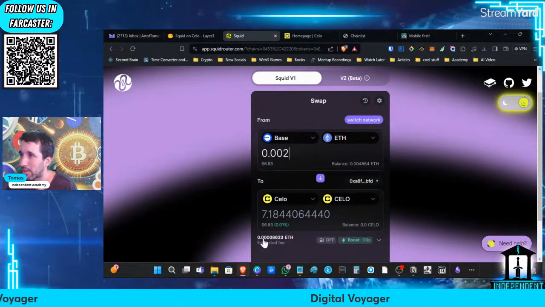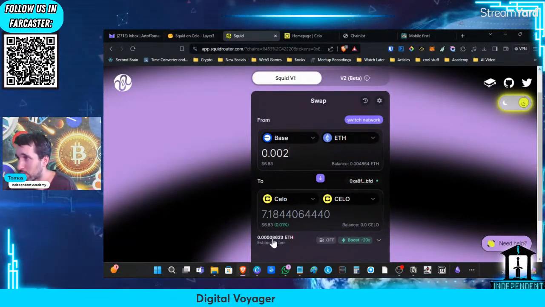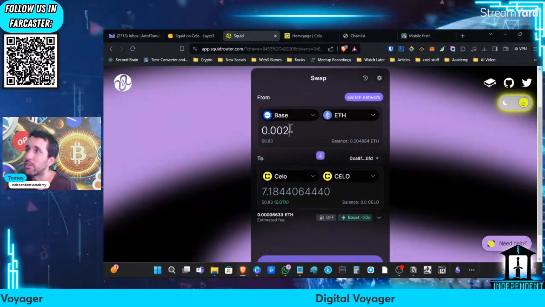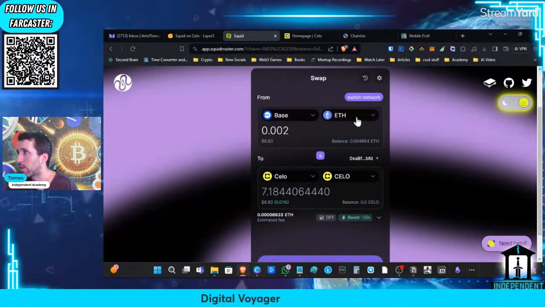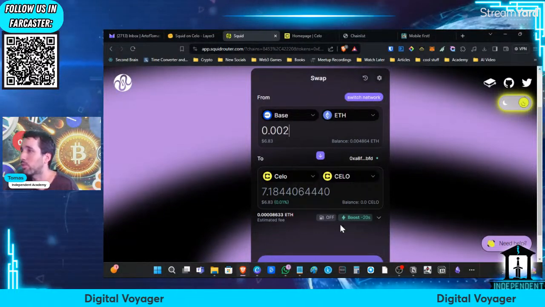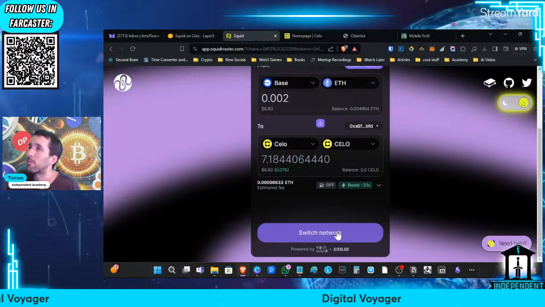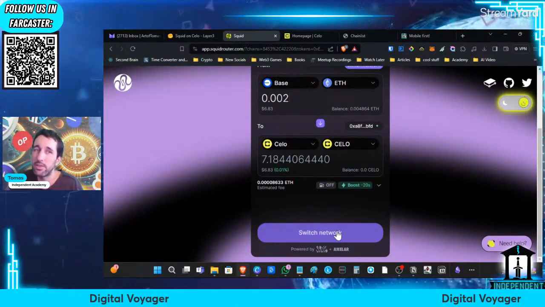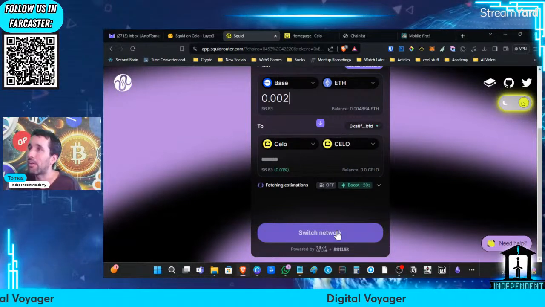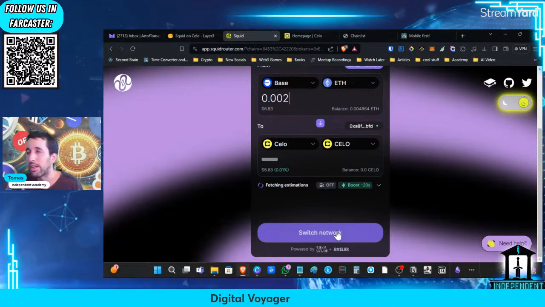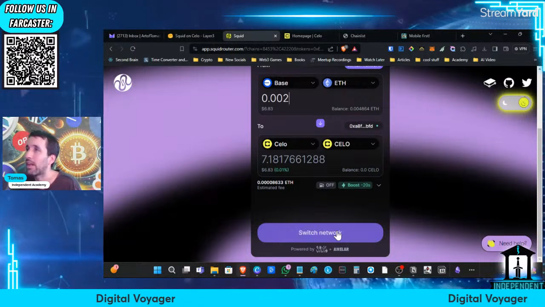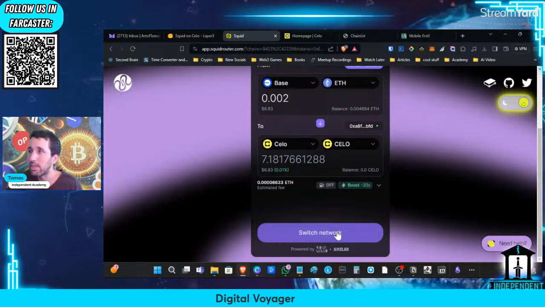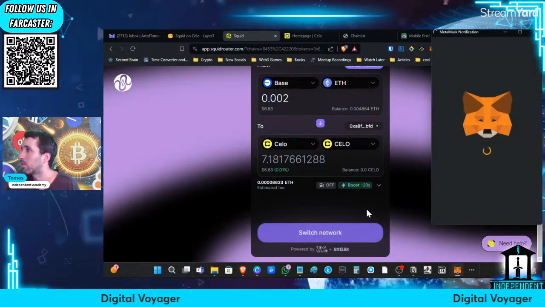And on fees, we're paying 0.0008 ETH. So that's super, super cheap. And it's very easy. You just select the chain you want, the asset you want to give, and the chain and the asset you want to receive. It is great, for example, with this bridge, I can send myself Ethereum, but I can receive the CELO token. So then I have the right token to pay for the fees, and there is no issue. So that's why I like bridges like this one, where you can send the asset and swap them in the same transaction, which is absolutely great.